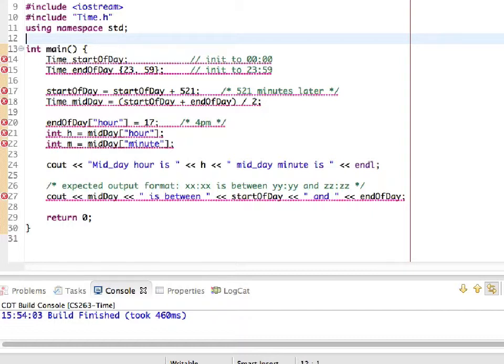Let's say I want to alter the end of day, the hour of end of day, and I'm going to use this magic square bracket. So you know how to use square bracket for arrays, but now we're going to use square bracket with a time object. Okay? So the intention here is to alter, I think I should put 5 p.m., right? Not 4 p.m. The intention here is to alter the minute